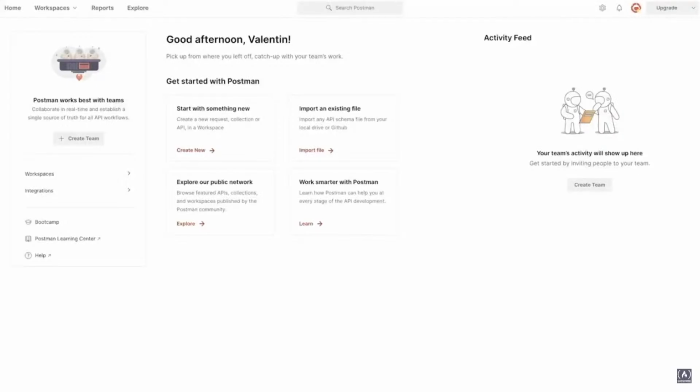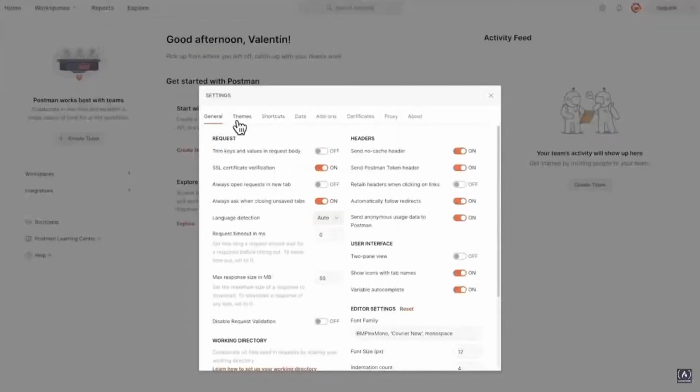The first thing that I like to do when opening Postman for the first time is changing to the black theme. So in order to do that, simply locate this gear icon. This will take us to the settings. And from the tab with theme,